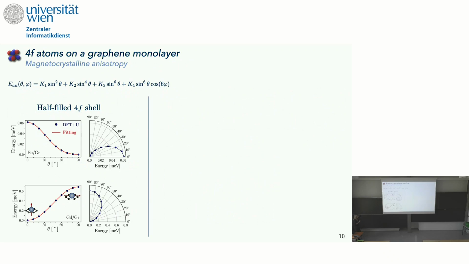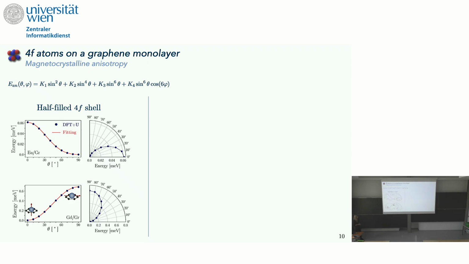So heading now towards the magnetic anisotropy, we start with the half-filled 4f shell. We can first see that the behavior is kind of a low-order magnetic anisotropy. So now in blue, you can see the total energy calculations with DFT+U, and in red, the fitting with this equation. Europium has an overall in-plane easy axis with an energy barrier of 0.06 milli-electron volts, while gadolinium has an out-of-plane easy axis with one order of magnitude larger magnetic anisotropy, and this is driven by this contribution coming from the